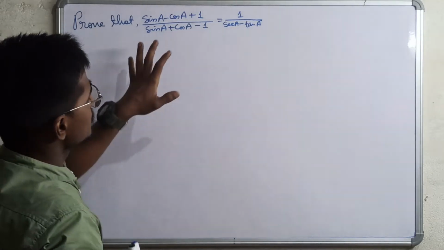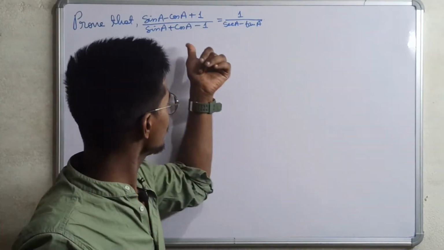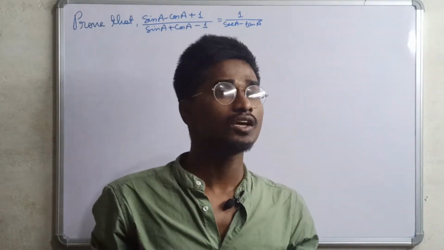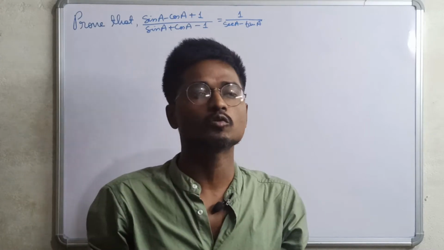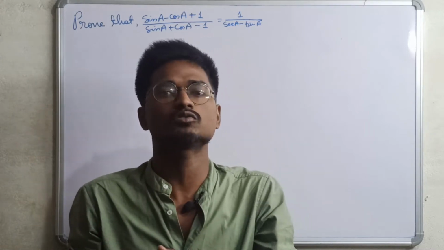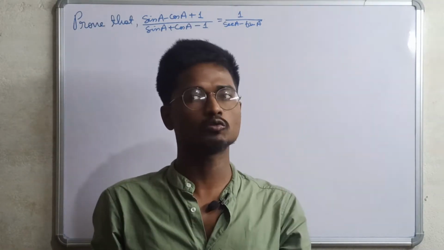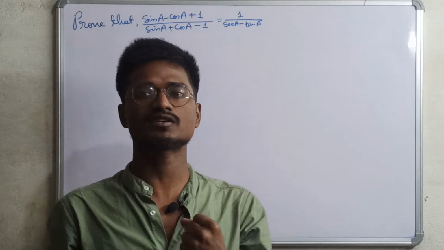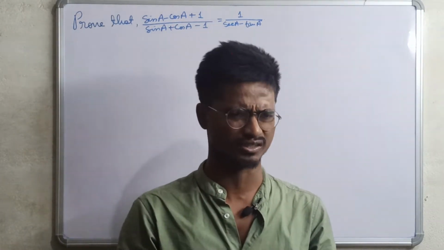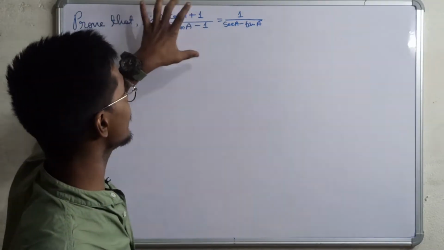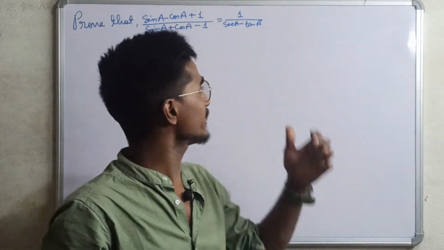The question is already in the reduced form, already in sine and cosine. Generally, while solving trigonometric identities questions, we try to convert all the things into sine and cos. It's not necessary that we always do that, but in general, if you get stuck, we convert everything into sine and cos, and ultimately we reach the solution. These questions are standard questions; you can also find them in the NCERT.